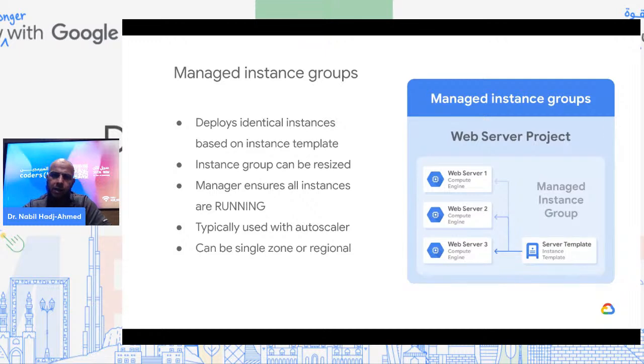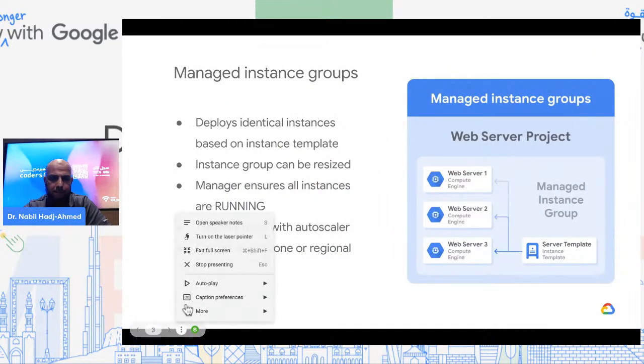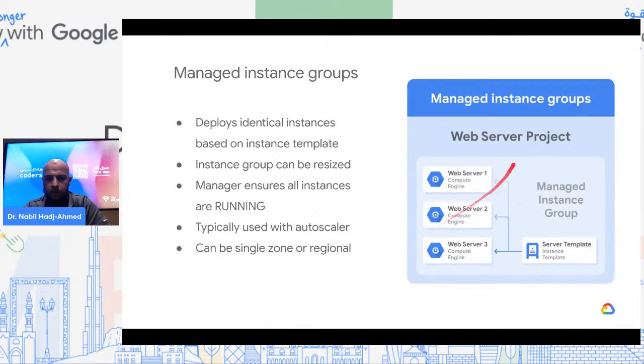You can see in this example here, let me just get my laser pointer. This is a set of virtual machines, for example running a web server that will be hosting our web application. You can see they're based on a template. A template is basically just the source of a VM. If we have this instance group, we'll have what we call an autoscaler. If we ask the autoscaler to give us more machines, it would ask what kind of